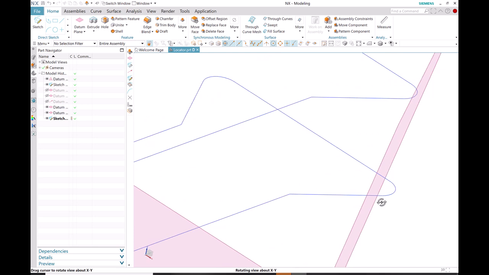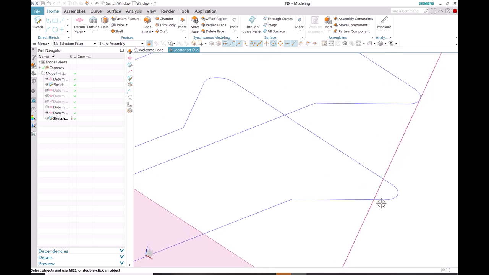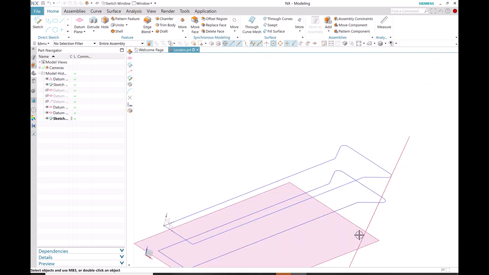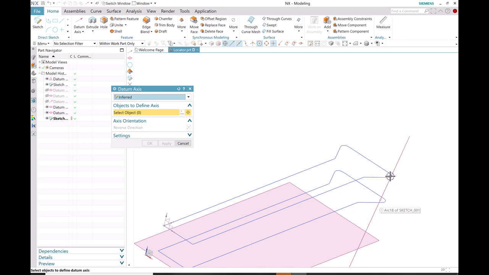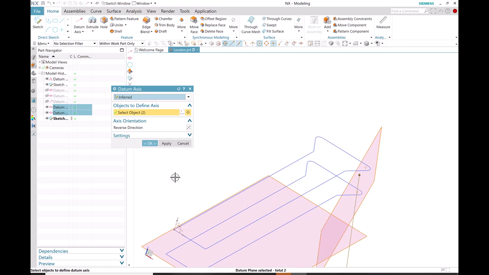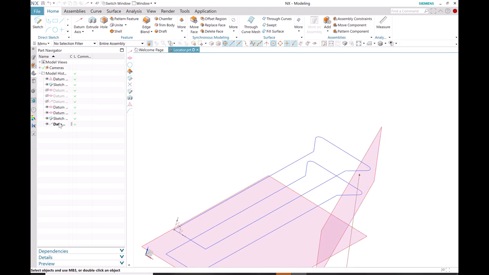Right, you see this datum plane meets that sketch at a certain angle, and that's where we want the new arc to be present. So to do that, first I'm going to draw a datum axis. I'm going to draw a datum axis with respect to that guy and that guy,